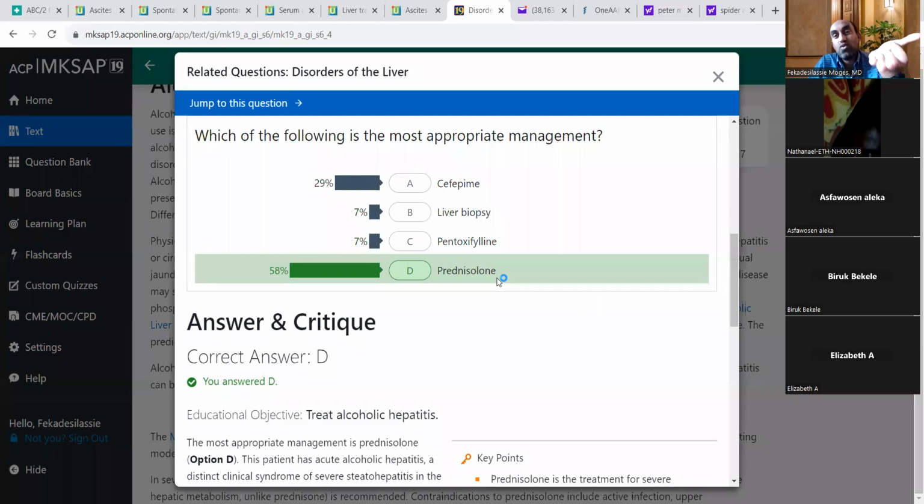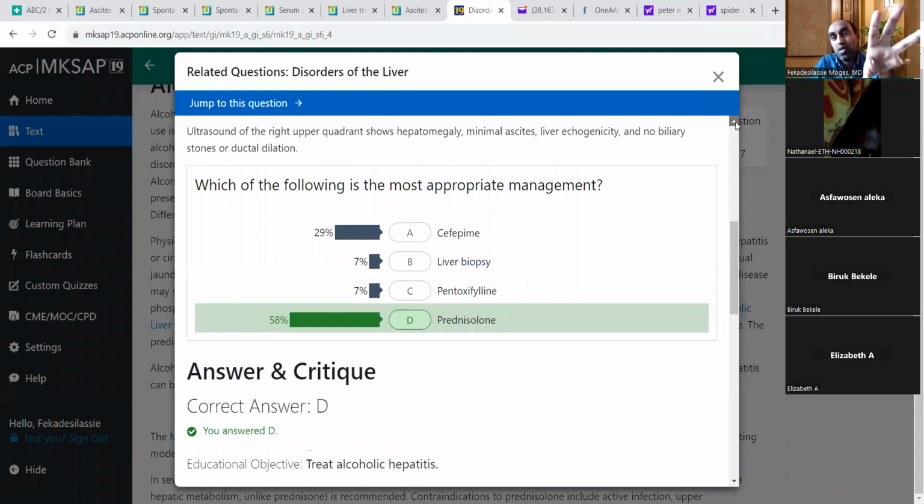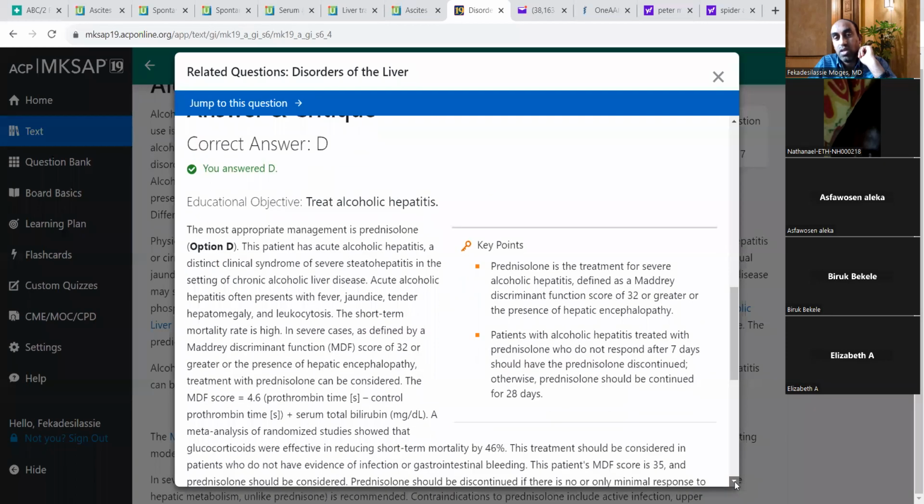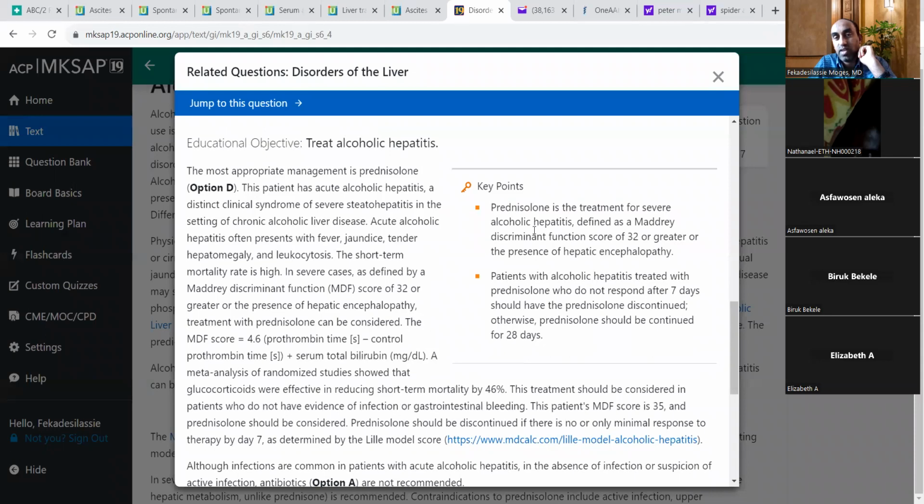She has severe alcoholic hepatitis. The Maddrey score is 35, and all the evidence is there: leukocytosis, fever, tender hepatomegaly, and an alcohol history. A liver biopsy is not necessary. The definitive diagnosis is by liver biopsy actually, but you don't need it if other pathologies are excluded. There is no infection. So, prednisolone is the treatment for severe alcoholic hepatitis, defined as a Maddrey discriminant score